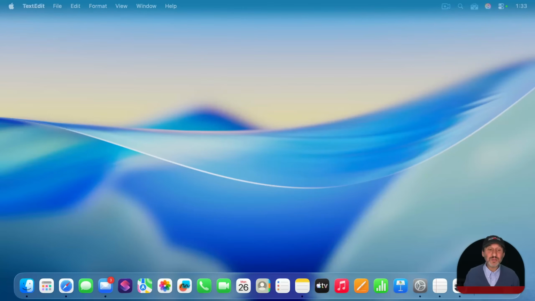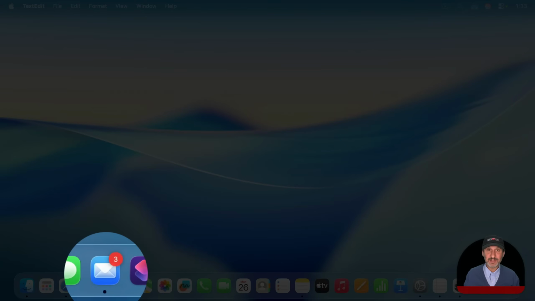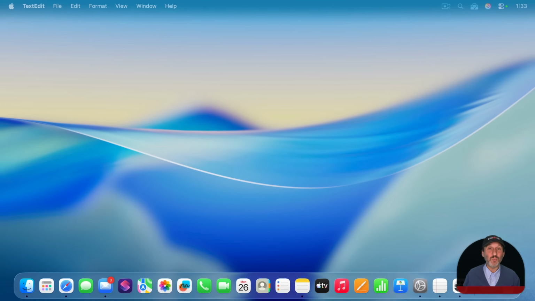So if you look in your dock and you see the Mail app icon there, you may see a red dot at the top right corner, and there should be a number in it. The number may be small, maybe just one, or could be massive. So this, of course, is the Mail app trying to draw attention to itself, telling you that there's email there